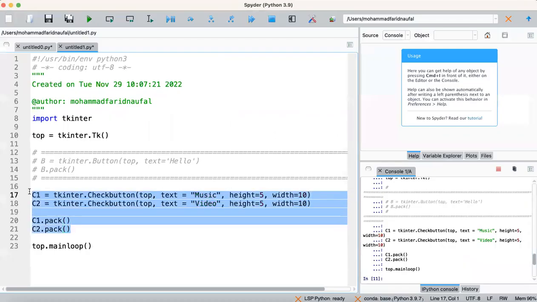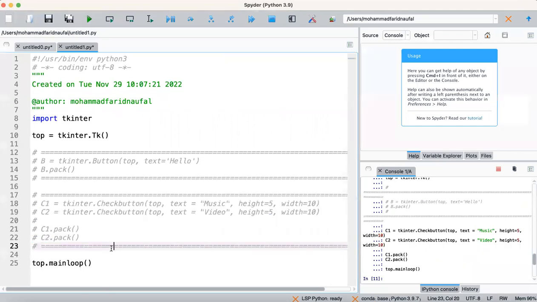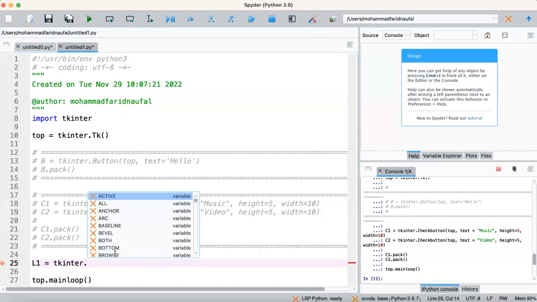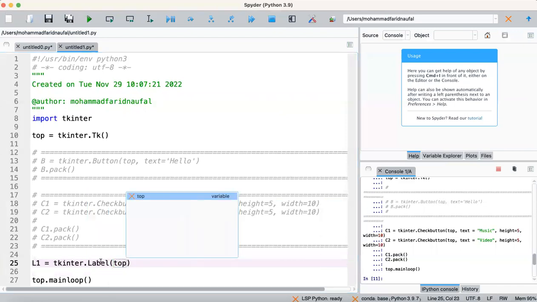So this is our previous code. I will comment it, then I will call the label L1 equal tkinter dot Label. Entry is similar to a text box. Then we place it into the top main window.